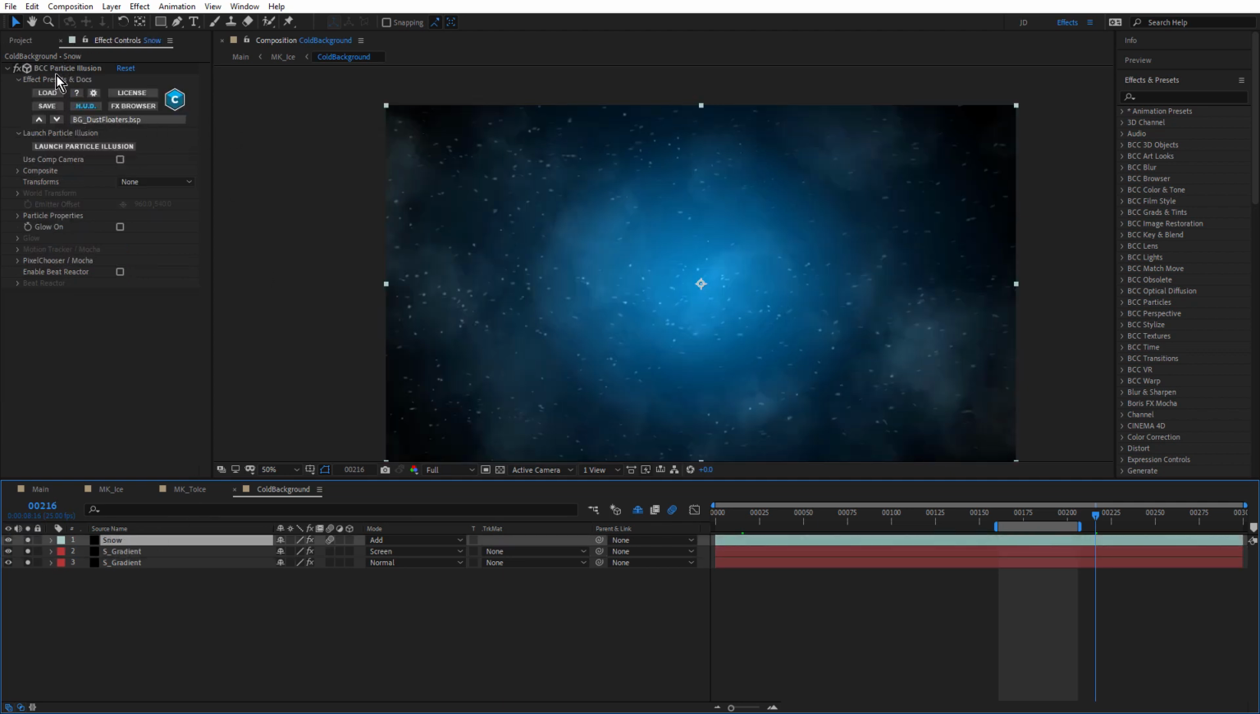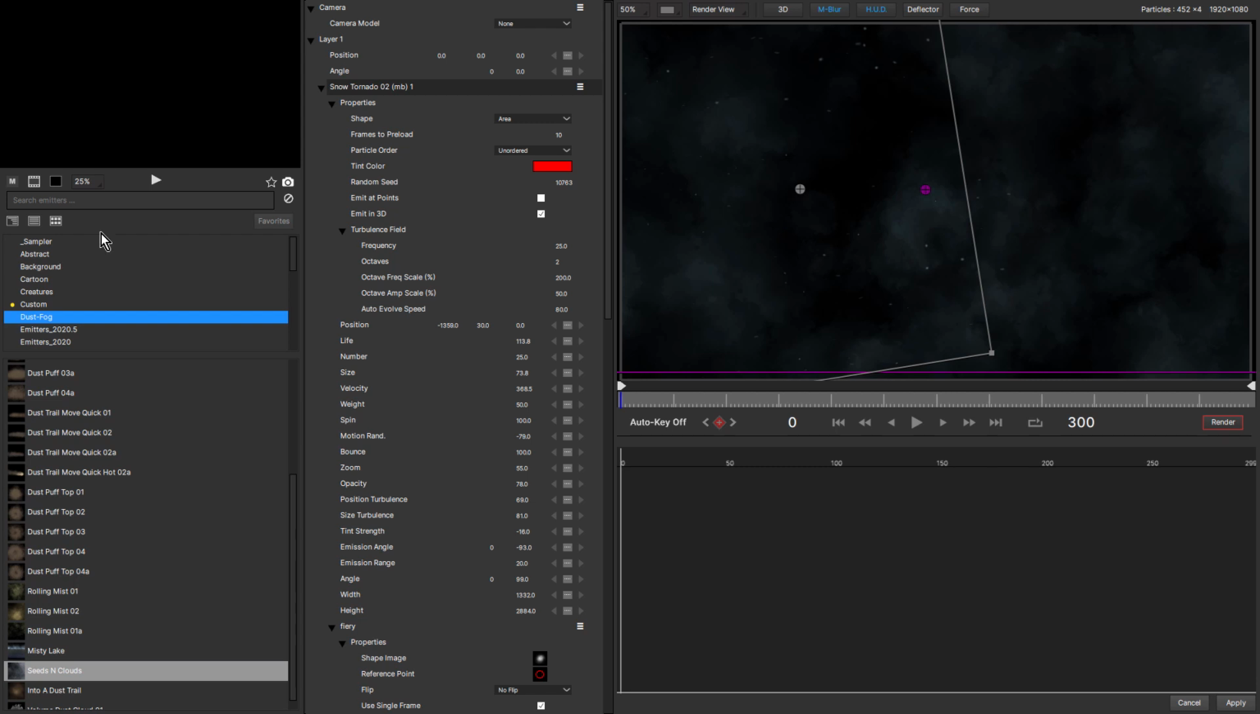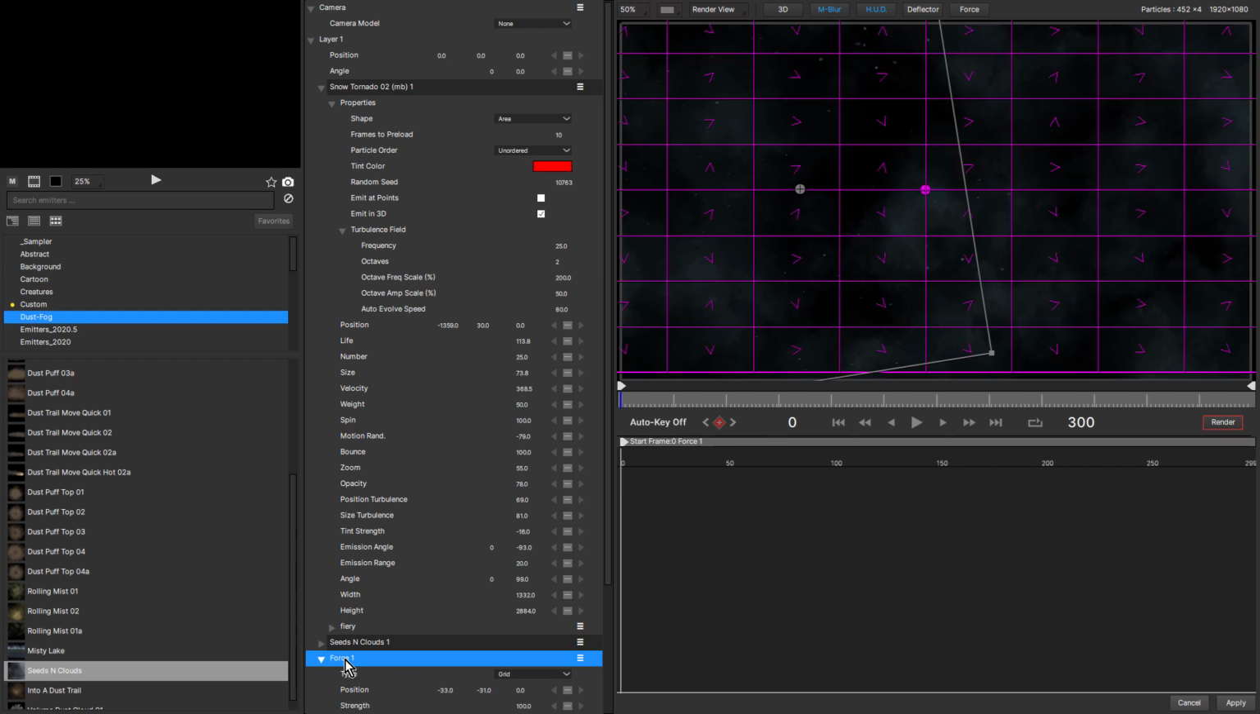And snow, once again, is using particle illusion. And here I've used a combination of presets. For this, I've used both the Seeds and Clouds preset and also the Snow Tornado preset. Just made a few adjustments to those. And also in here, I've used a force, the force here. And with the force,